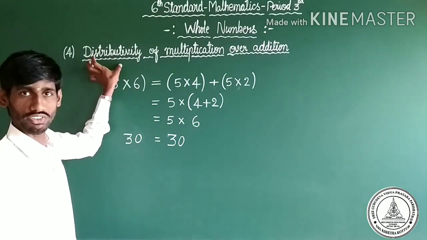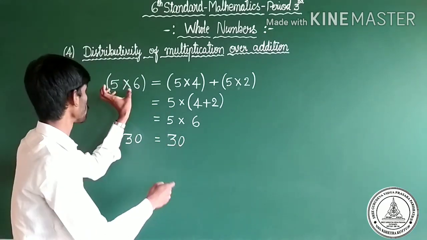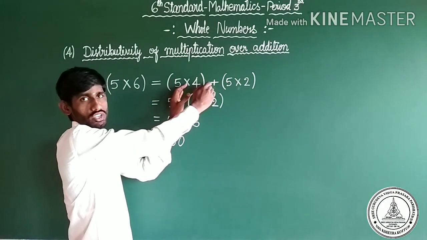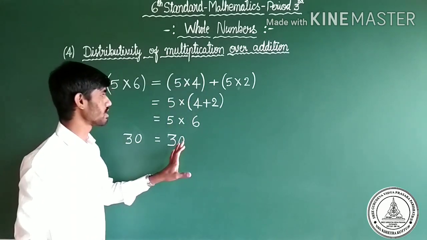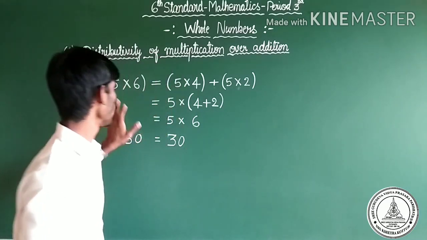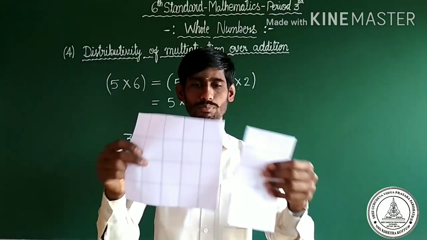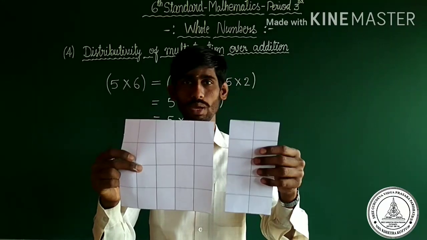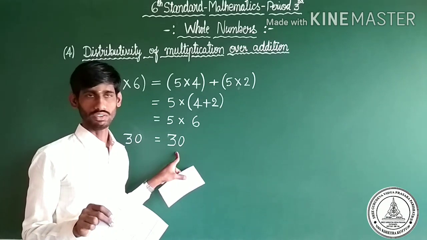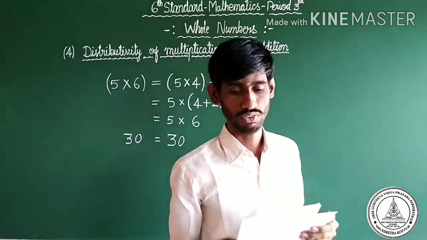What is the meaning of distributivity? To divide. Are you clear? Here is multiplication, here is distributivity and also the multiplicative identity. Are you clear, Chotu? So it is satisfied. This is one of the best examples. Before, it was one single paper, then it became 2 papers, although 1 paper is equal to 2 papers. 30 is equal to 30. So this is the best example of distributivity of multiplication.